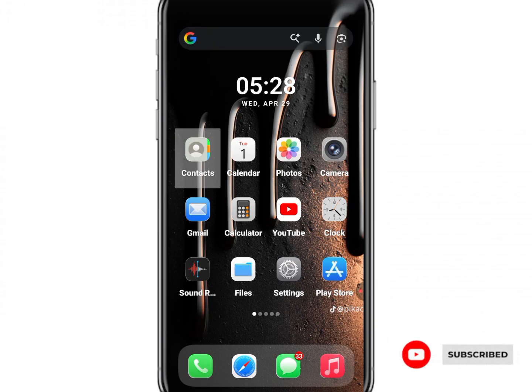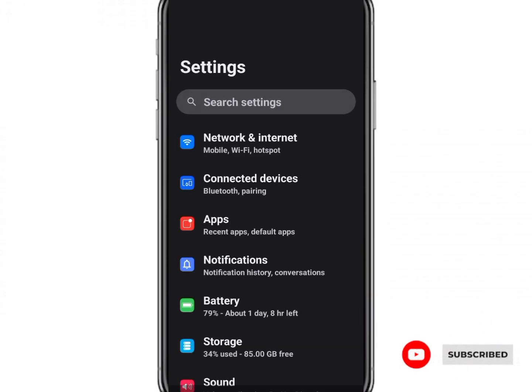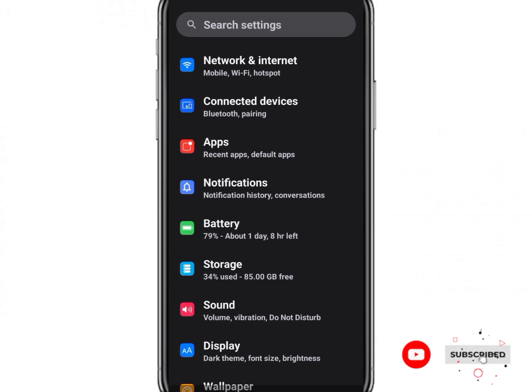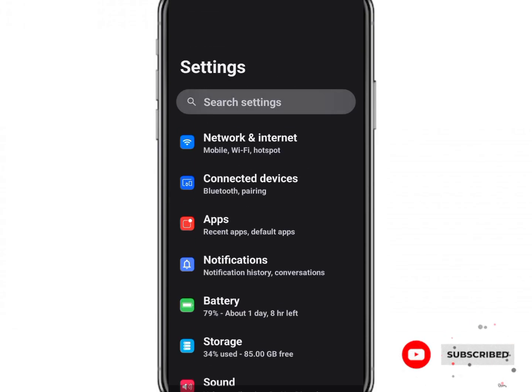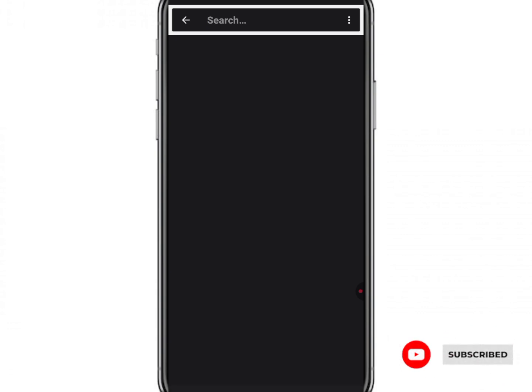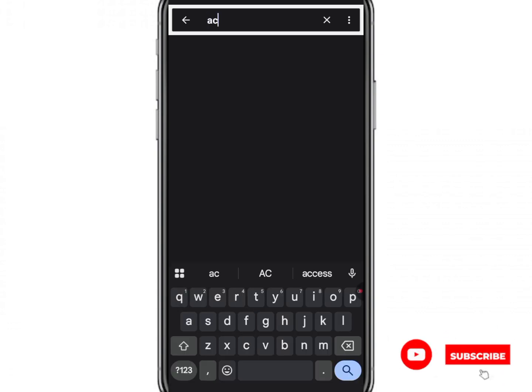So first and foremost, open your phone settings. Once you open your phone settings, we're going to go where you search from, and then we're going to type in access